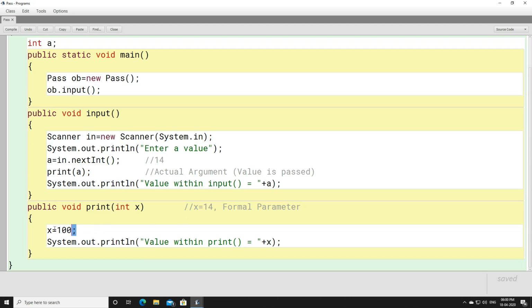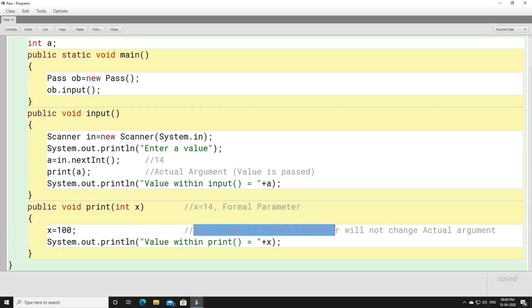So any change made to the formal parameter will not have any impact on the actual parameter, because the formal parameter is different and the actual parameter is considered different. Any change to the formal parameter will not change the actual argument.